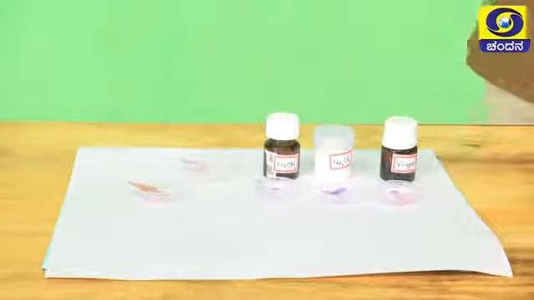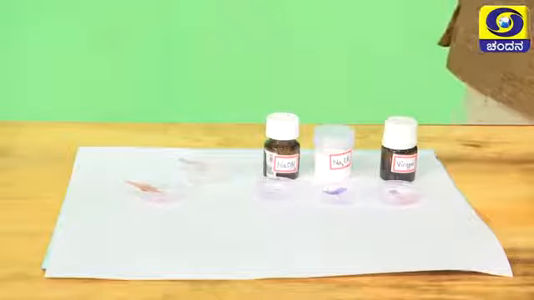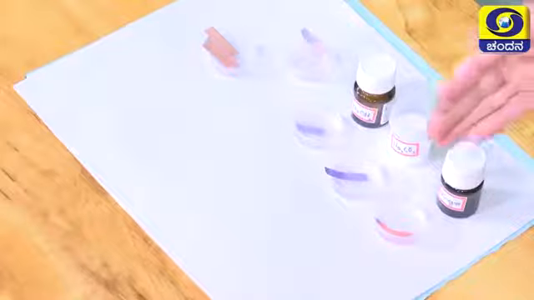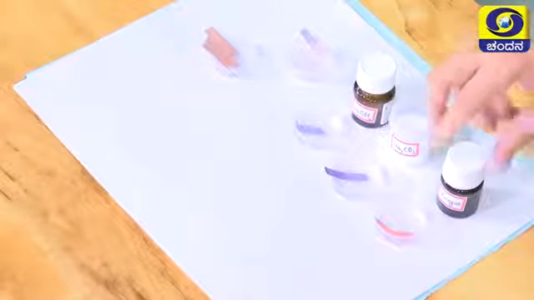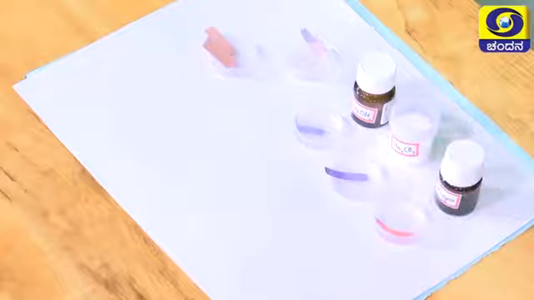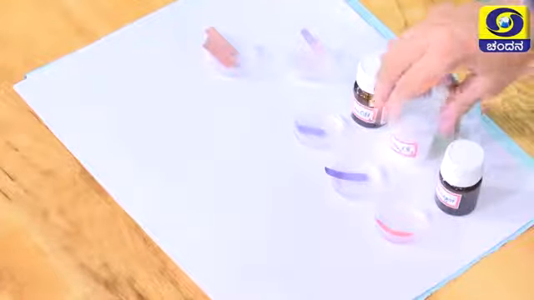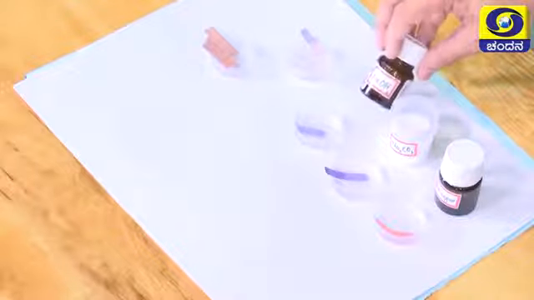Blue litmus turns red in the first sample. That indicates the first sample, what is this? Vinegar or acetic acid. So, this is an acid. The second one is sodium carbonate, which is basic in nature. So, there is no change in the color of blue litmus paper. The third one is also sodium hydroxide, also a base.